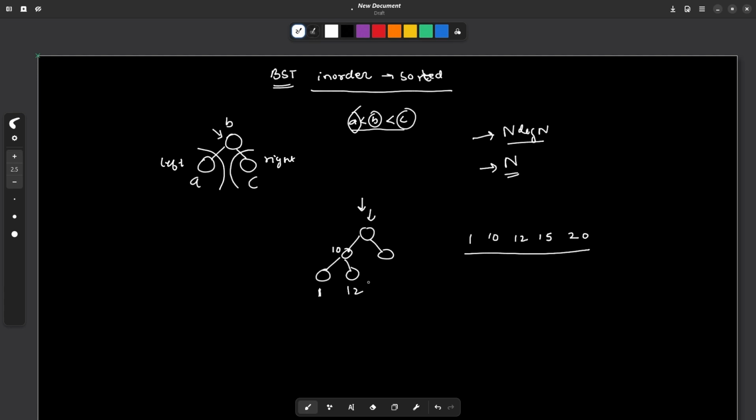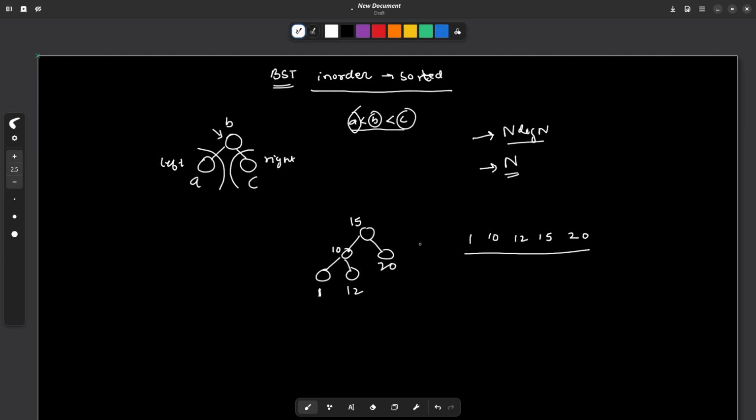Since I have already traversed my left subtree, I'm going to put the value 15 here, and then I'm going to go to the right subtree, and then I try to go to the left from here, but there is no left node, so I come back to the root node, and then I put the value 20 here. Right. So you see, in this way we did not change the structure of the tree, but we did change the values,